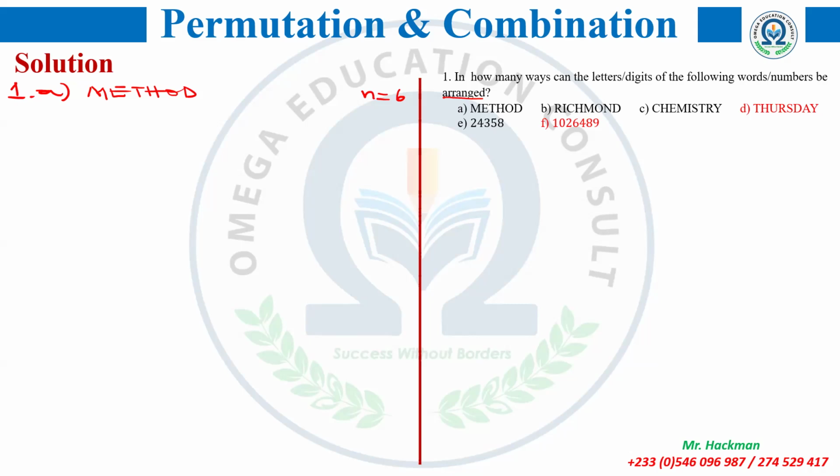It implies that n is equal to r, meaning we are arranging all of them. So we are looking at possible arrangements of the 6 objects at a go. Therefore, the number of ways is straight away